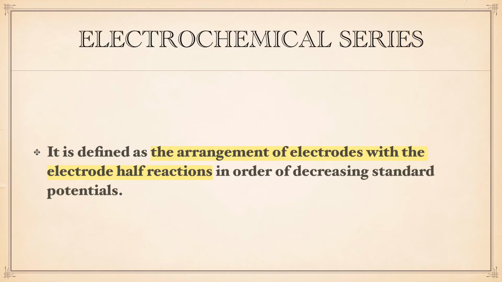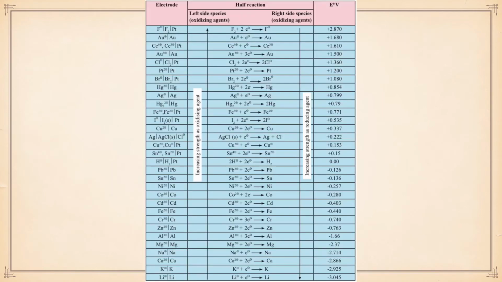And what is standard potential? It is represented by E0. This table is referred to as the electrochemical series. So you can see in the first column electrodes are written, so you know how to represent that. Ions are written first and afterwards the neutral species. Next column refers to the half reaction. Which kind of reactions are written over here? Reduction reactions. That means the half reactions are always written as reduction reactions.